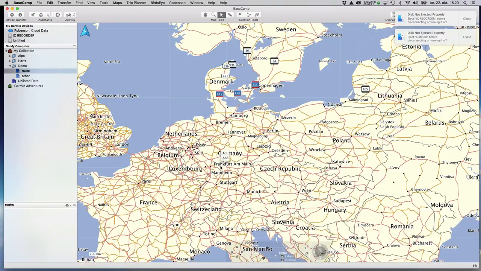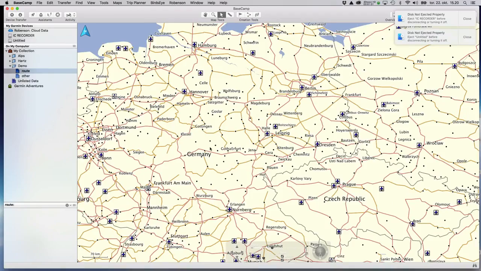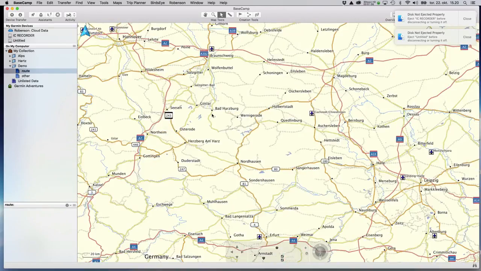So anyway, that aside, I've been asked to do a video on how to merge routes. It used to be that you could just click one route and the other route and say merge, but you can't do that anymore. So what we're going to do is go into the Kassel, Leipzig, Goslar area,